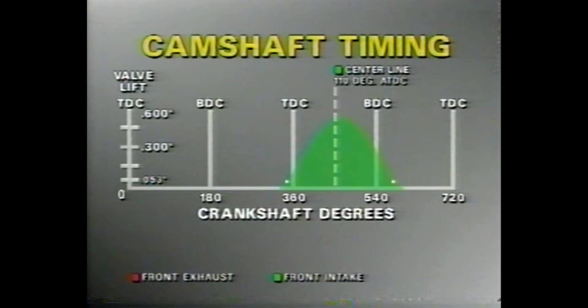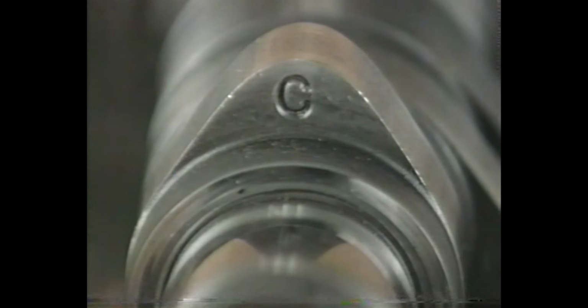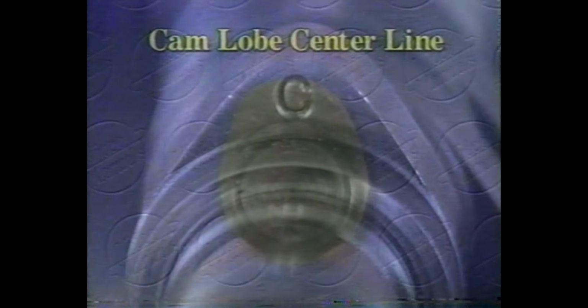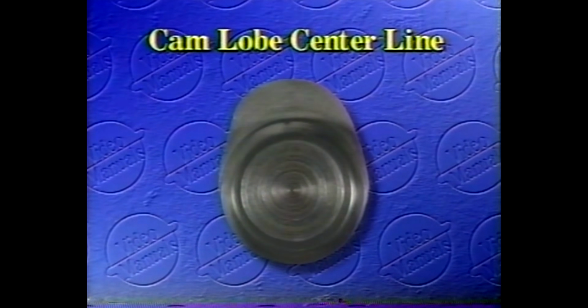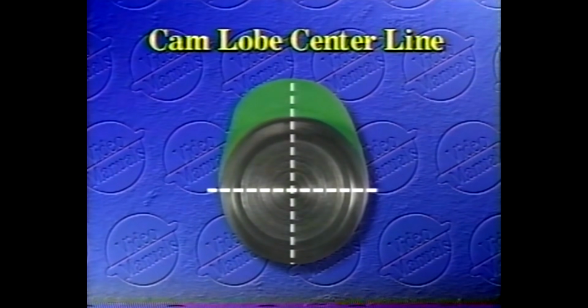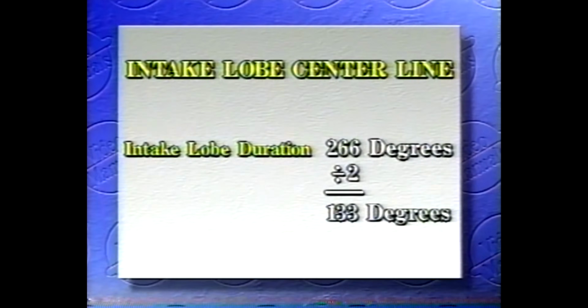The exact position of our intake lobe center line with respect to top dead center indicates how advanced or retarded the timing of our cam is. The following calculation is valid for symmetrical cam profiles. For asymmetrical profiles, the cam lobe center line can only be located experimentally, using the same setup we use to measure cam lobe duration. Taking the intake lobe duration of 266 degrees, we divide it by 2, giving us 133